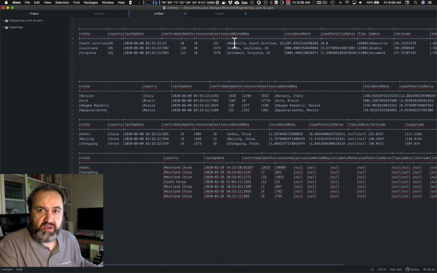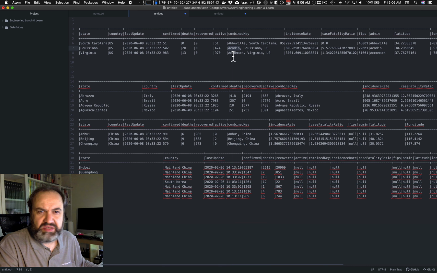So in the US, you see that it's actually taking the place of measurement. It's not the state capital or any special thing. It's really the place of measurement.